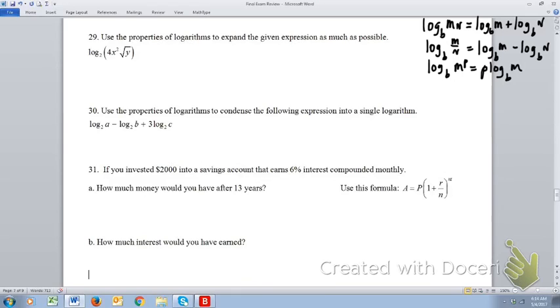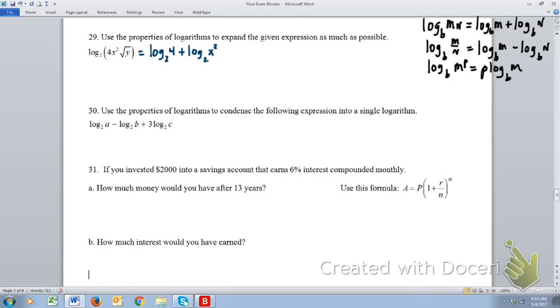Let's go ahead and do this now. So notice what we have here. This is the log base 2 of 4 times x squared times the square root of y. This is a product of 3 things, the 4, the x squared, and square root of y. So let's break this down using the product rule. We can write this as a sum of logs, a log base 2 of 4 plus the log base 2